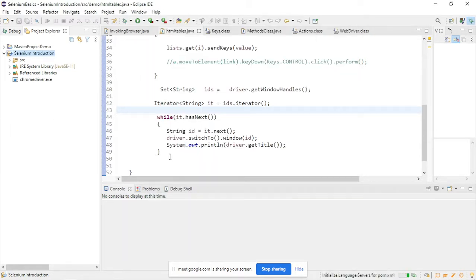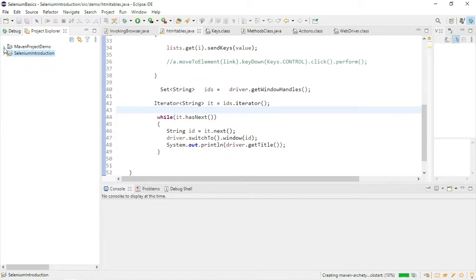So it has started to create. So it will take some time. So it has created here on the top.